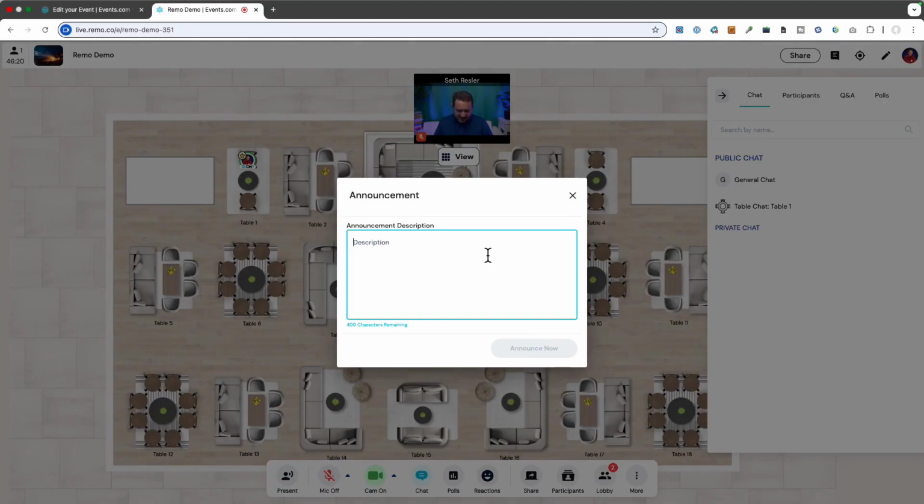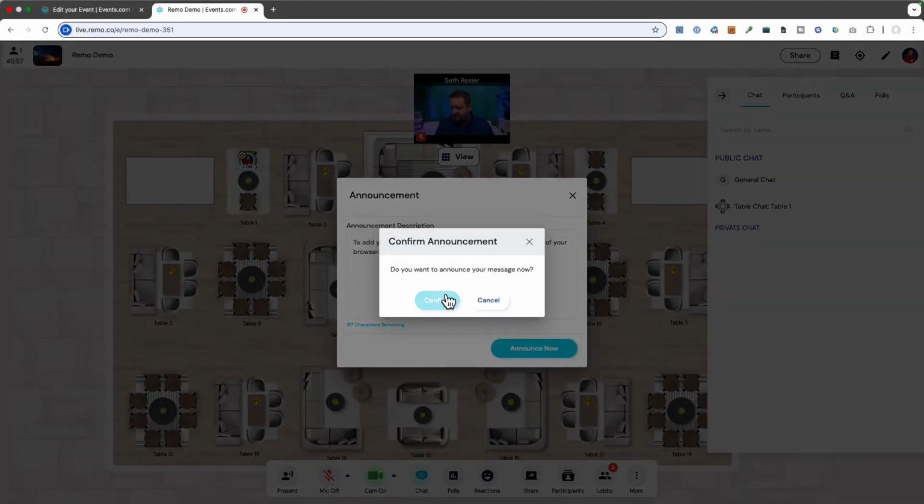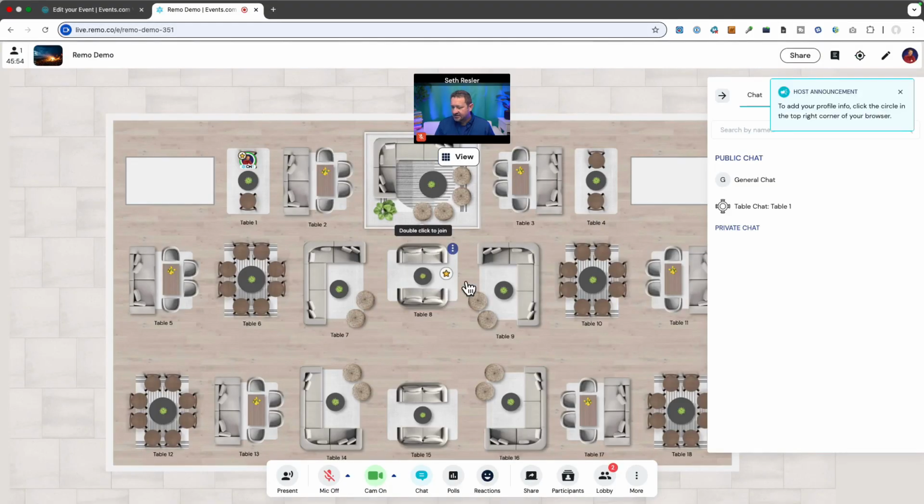And we can type something in like, to add your profile info, click the circle in the top right corner of your browser. And then we go ahead and announce that. It'll say, do you really want to announce that? Yes, I do. And there's a little ding noise